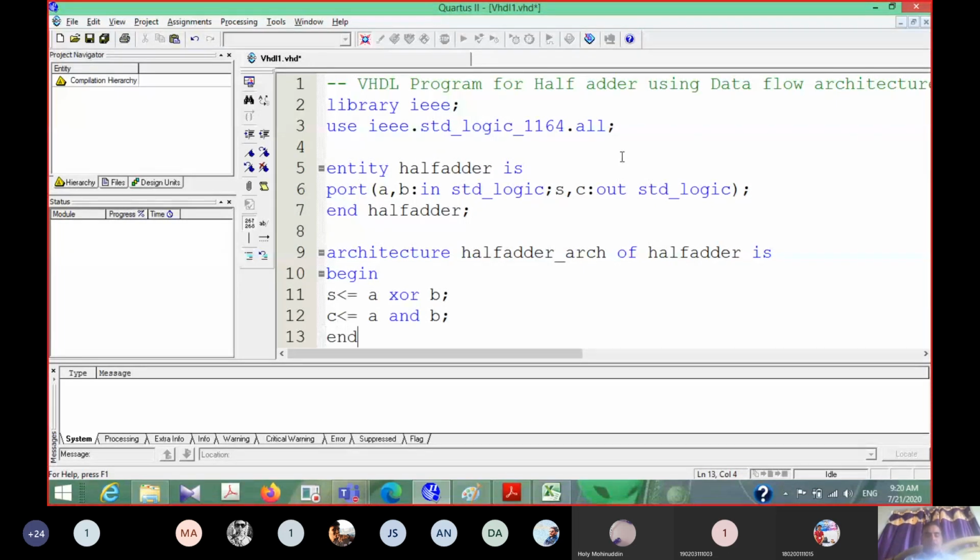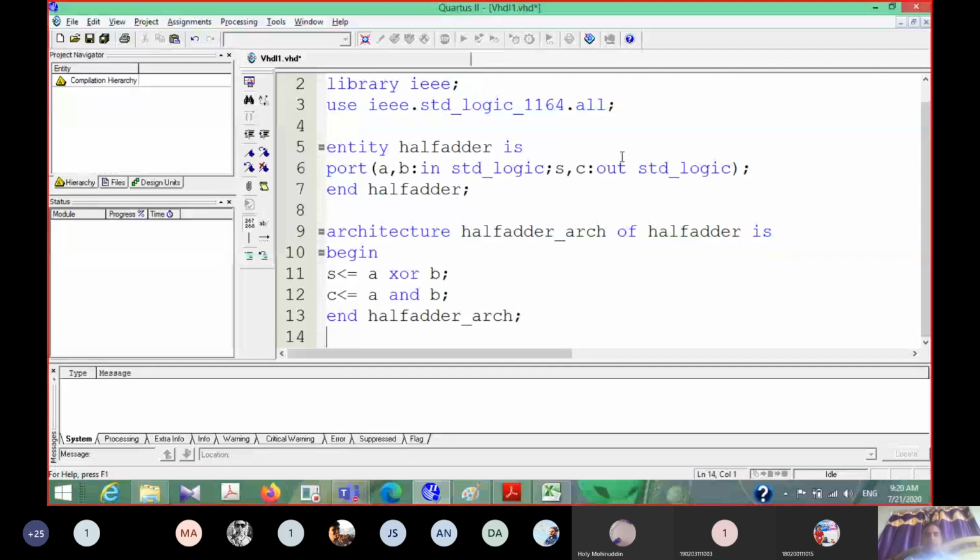So end architecture and the name. Here we have to specify the architecture name, so we have given the architecture name half_adder_architecture, then the semicolon. So this is our VHDL program for a half adder. It has the library declaration, entity declaration, and the architecture body.